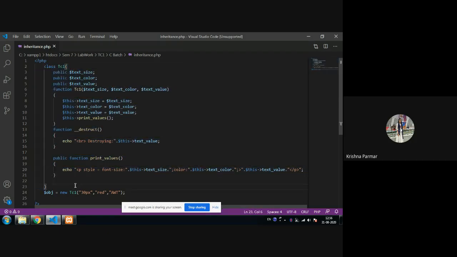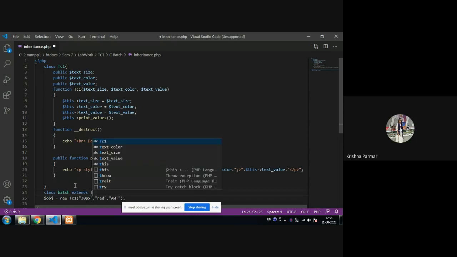Here I'm creating another class, class batch, and that always inherits from TC1. So how can I use it? Using the extends keyword. Make sure you remember this keyword. Using the extends keyword, you can inherit from the base class.